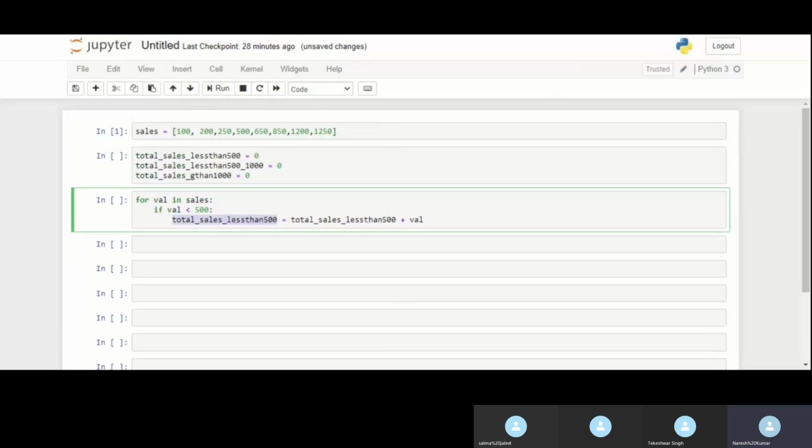Okay, so this will be my 0. So 0 plus the value.